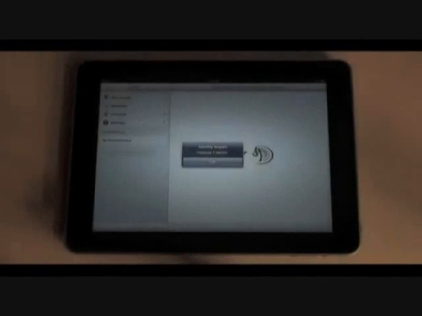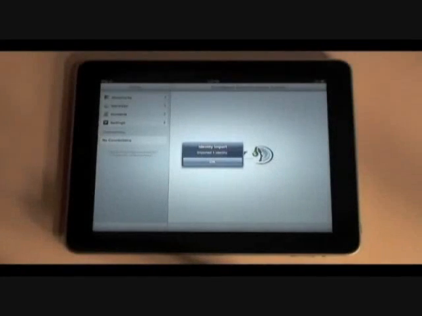So as you just saw before, on our TeamSpeak 3 desktop client, we exported a single identity from the TeamSpeak 3 application, and we then synchronized that through iTunes to the iPad TeamSpeak application. So as you can see now, when we return to the application on the iPad, we have a pop-up that indicates that the identity has successfully been imported. You'll note here, though, that it says only one identity. That was because in the software, we only clicked on